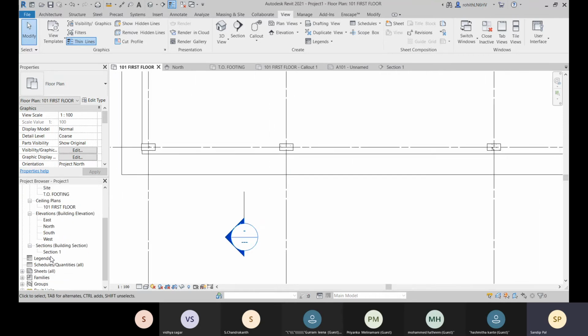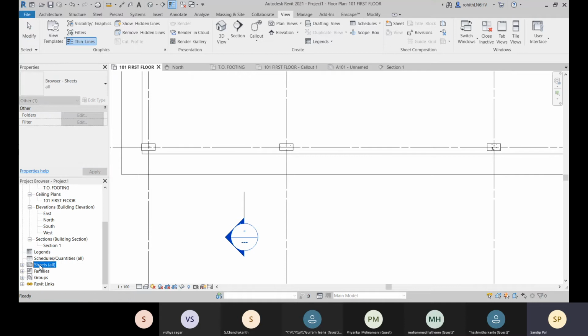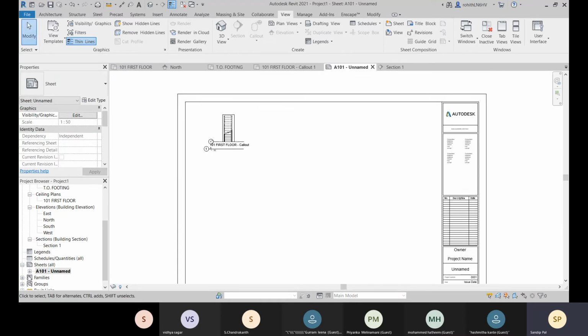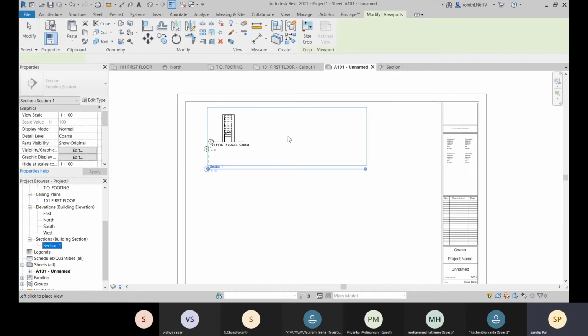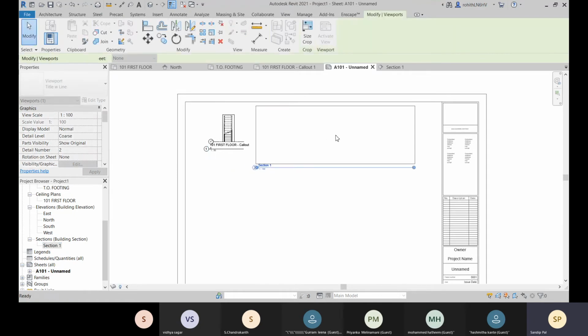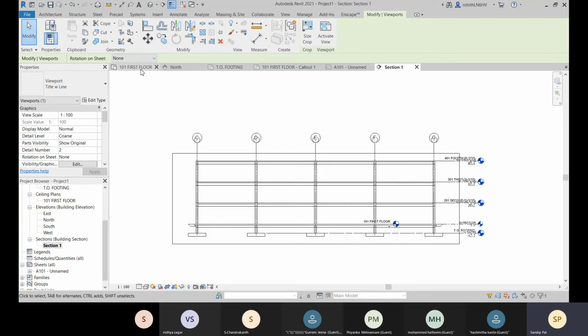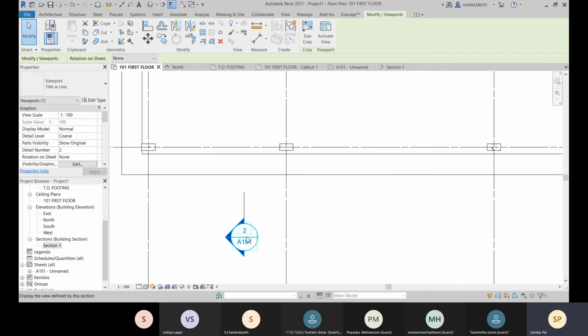When you will add that section 1 to your sheet, let's drag and drop there, and this is your second view within this sheet. So now let's come to this first floor, and here you can see that is added to A101.